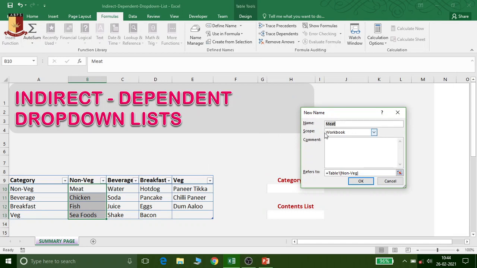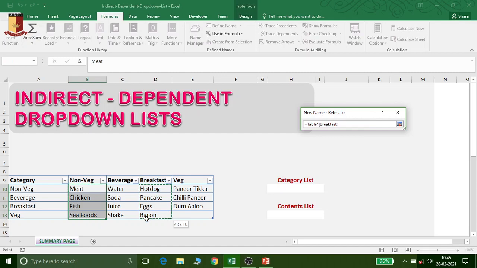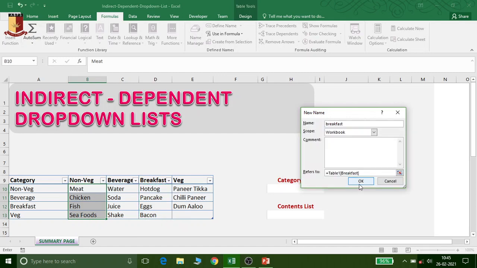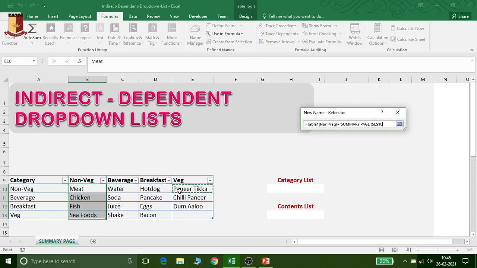The next one is breakfast. Whatever you type here, with the help of that name you can easily access the range. I selected this range, click OK. Now the last one is veg. This is the category veg, and here just select the vegetarian items and click OK.